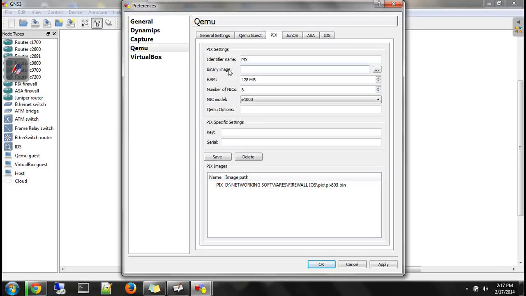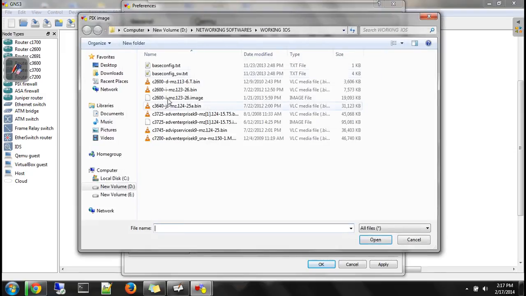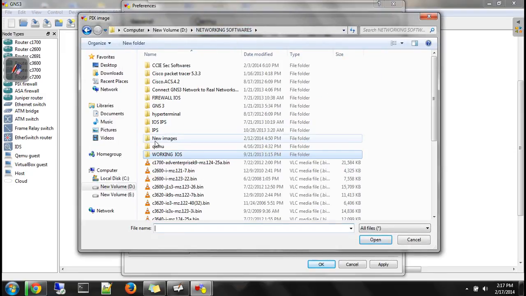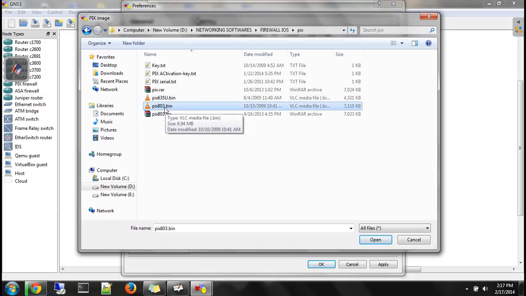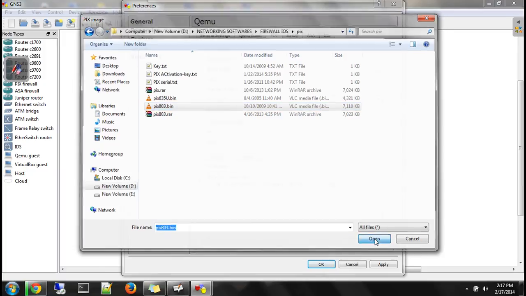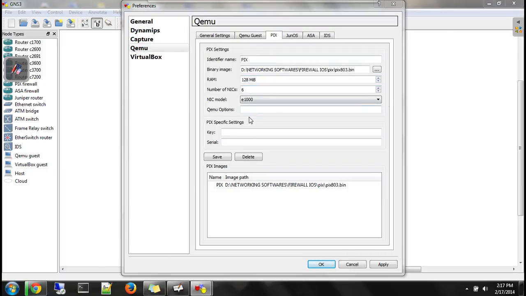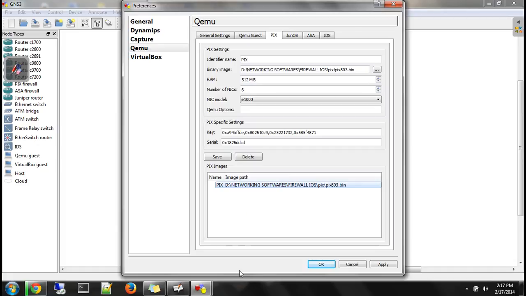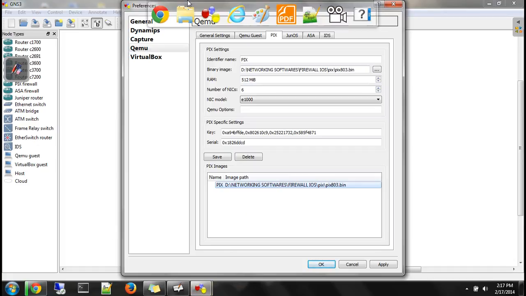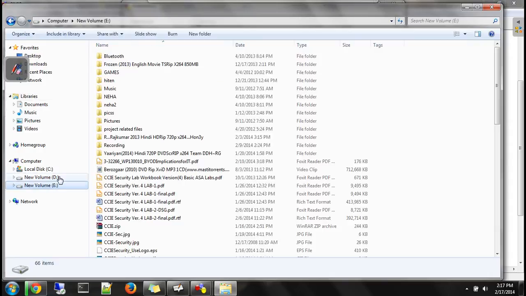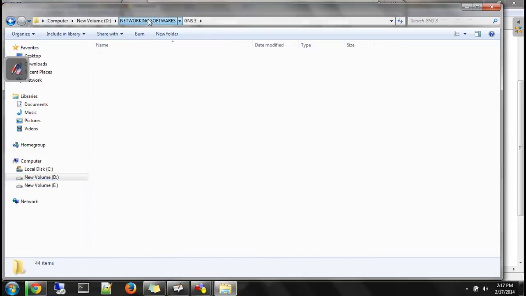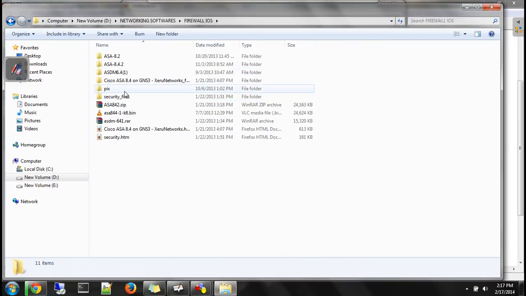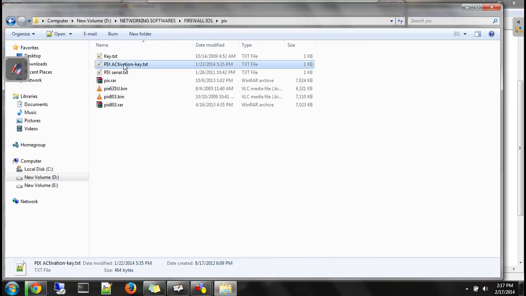Okay, then you need to load the image of your firewall. So for that, browse wherever you have kept your firewall and load the particular image. Say open, load the image. Then, in the same folder there will be one text file where you can find the license and the activation key. Open up that particular file, the PIX activation key.